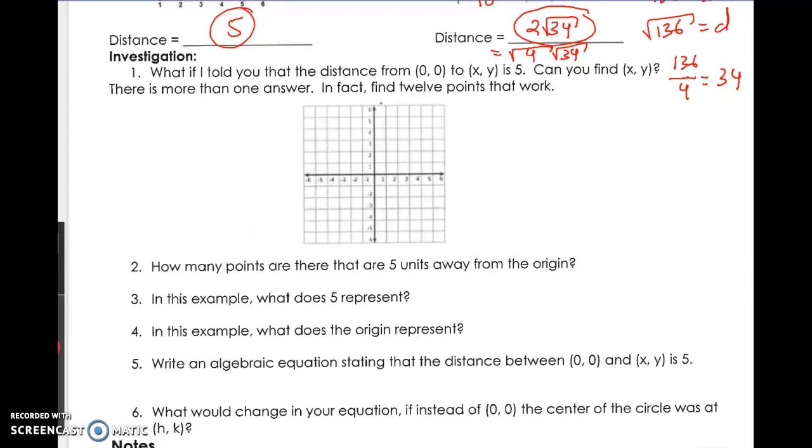So we're starting here, 0, 0. And it's easy to find some points that are 5 away from here. Like if you go up 1, 2, 3, 4, 5, let me switch colors. That point's clearly 5 away. That point's clearly 5 away. Here's a point that's 5 away. And here's another point that's 5 away. Now that's probably not all of them,